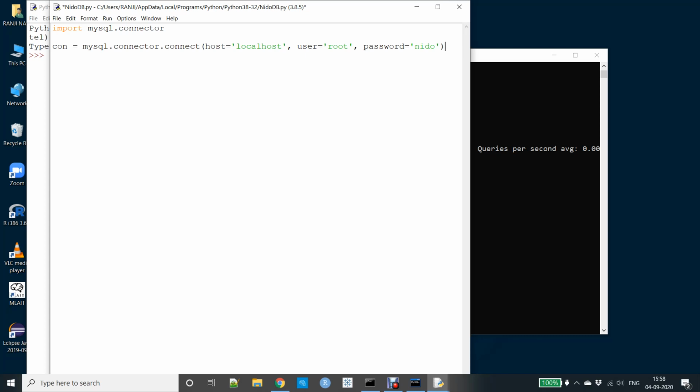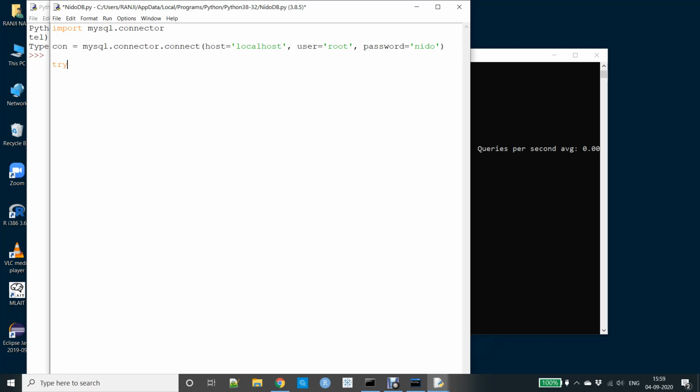Only these things are required. Whenever we do database activity, we write a try except block, just to check whether the connection is successful, so that it does not raise an unhandled exception.